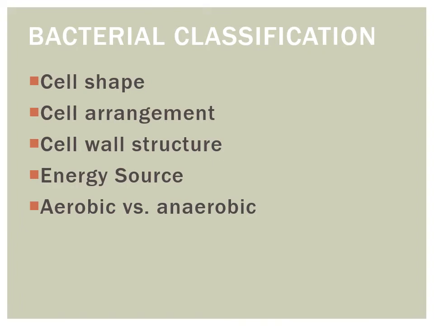Okay, so as a scientist, if you're studying bacteria, there are several things that we look at in terms of trying to figure out who they're related to, how to classify them. So we look at their shape, we look at how the cells are arranged, we look at the cell wall structure, we look at where do they get their energy, are they autotrophs, are they heterotrophs, and also aerobic versus anaerobic, do they require oxygen or can they live without oxygen? So we're going to look at examples of all of these